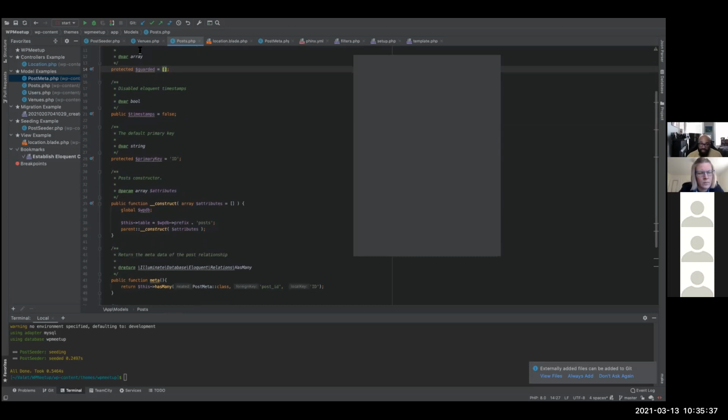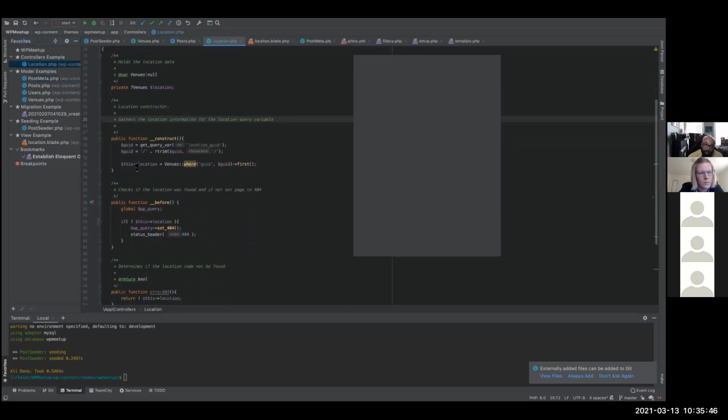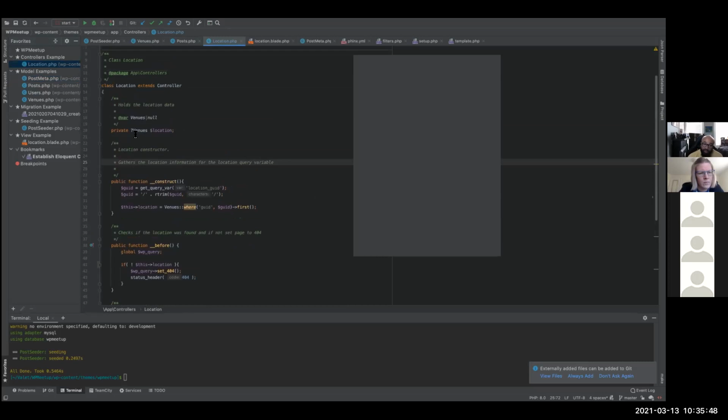Now, to give an example of how I use models, let me go over to one of the controllers, which I'll explain in a minute. For those custom venues that I have, I call them locations.